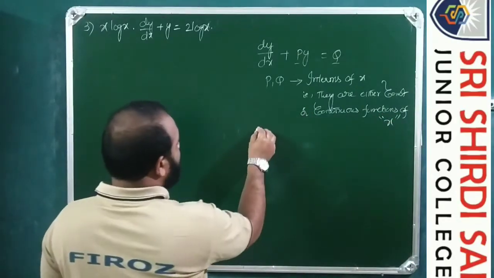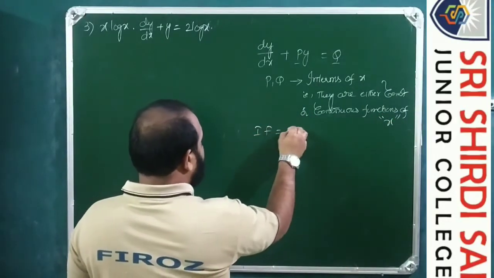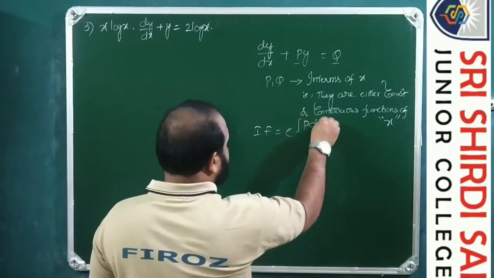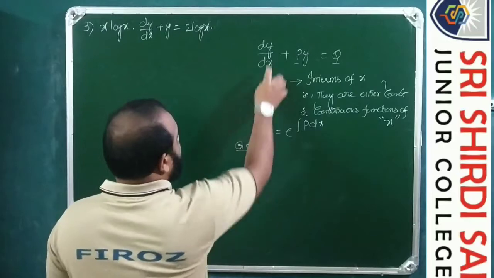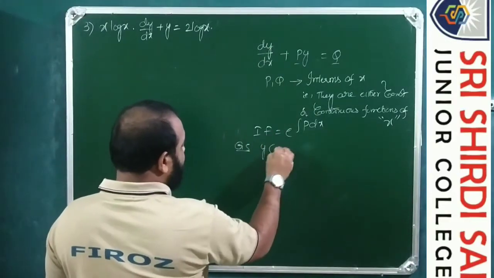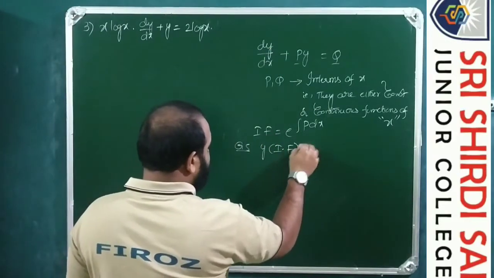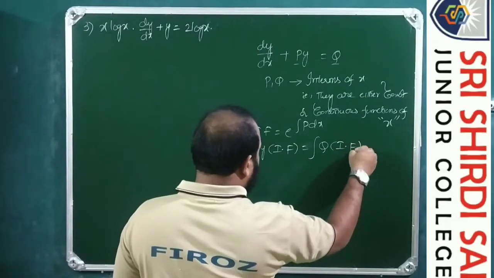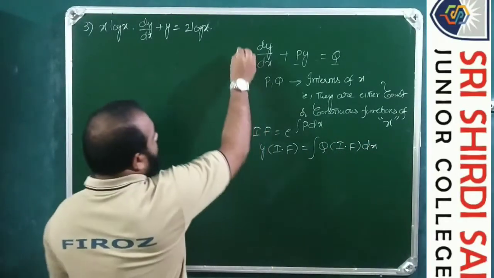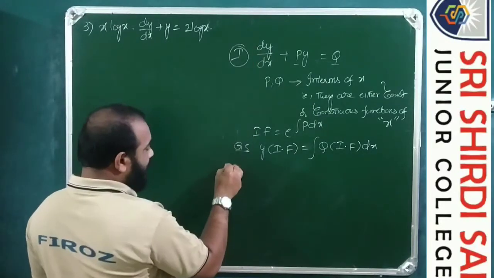So therefore the integral factor is e power integral p dx, and the general solution is y into integral factor is equals to integral of q into integral factor into dx,